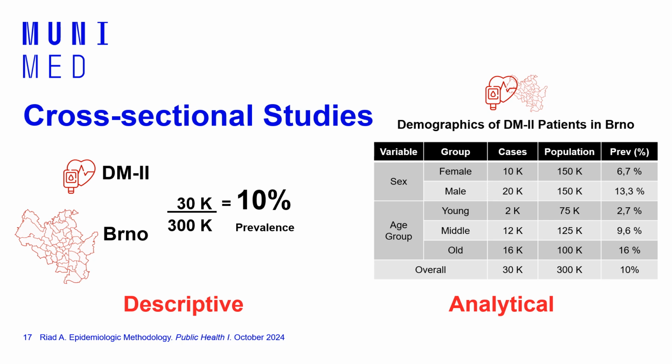Descriptive cross-sectional studies are called descriptive because they are only interested in the prevalence of the problem. So if you would like to know the prevalence of diabetes mellitus type 2 in Brno, you need to count all cases of diabetes mellitus type 2, maybe this year, and this would be 30,000 cases, and then you have to divide this number by the total population of the city, which is 300,000. So in this case, you can say that the prevalence of the problem is 10%, and this is purely descriptive,